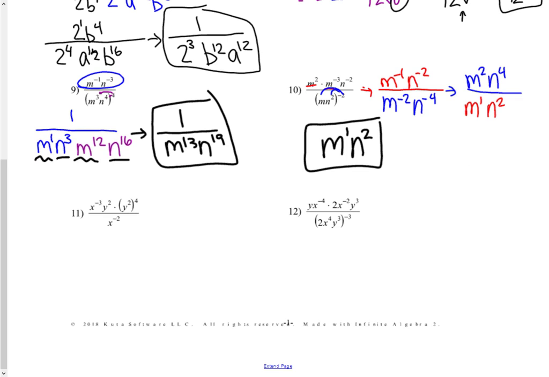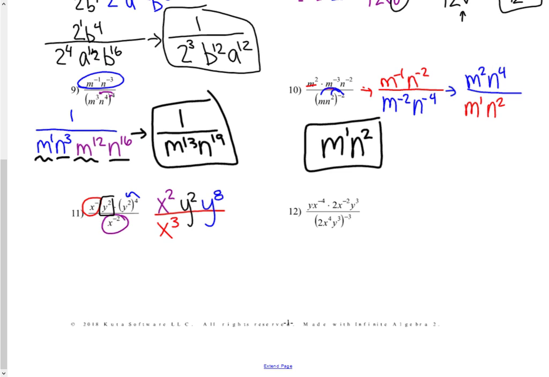For our last two, I'm going to move those negative exponents. So I'm going to take x to the negative third, I'm going to put that in the denominator as x cubed. I'm going to take the x to the negative 2, move it into the numerator as x squared. I'm going to keep that y squared up in my numerator. And then we have a power to a power, so I'm going to multiply those exponents so I get y